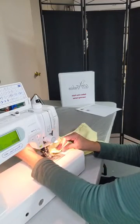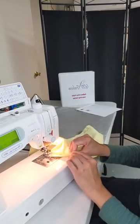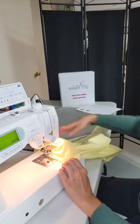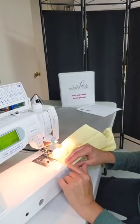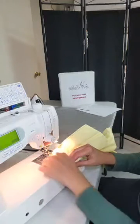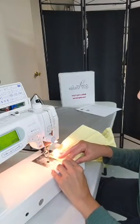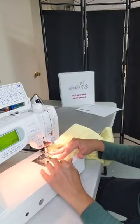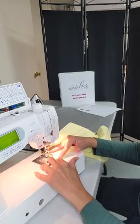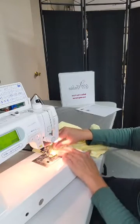I'm going to lift my presser foot, but my needle is still in the project. I'm going to pivot. This is called pivoting. Pivot to this corner, my other corner of my side. So we're going to sew straight this way. We are creating that false bottom, giving it a good crisp corner on the sides. When I get to this corner,